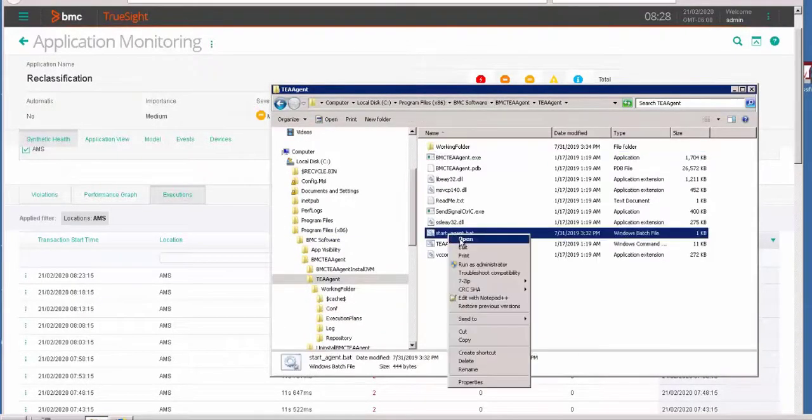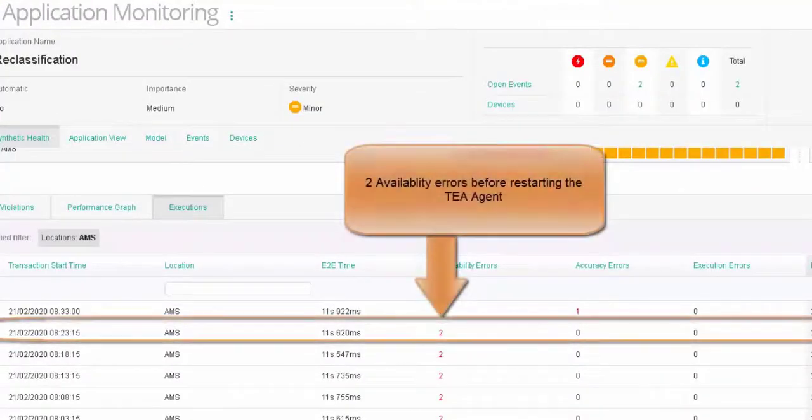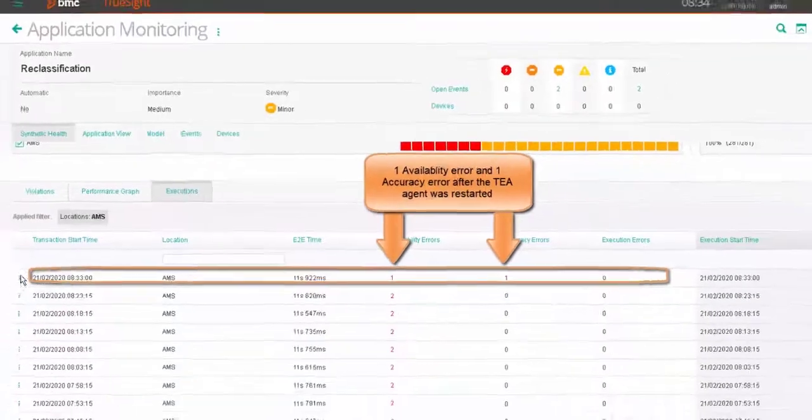To see the change, go back into your TrueSight Presentation Server. You will remember that before we made this change, there were two availability errors. Now the script is run again and we have an availability error and an accuracy error. If you look at the errors on the page, you can see that our Browser Engine 32 error is now